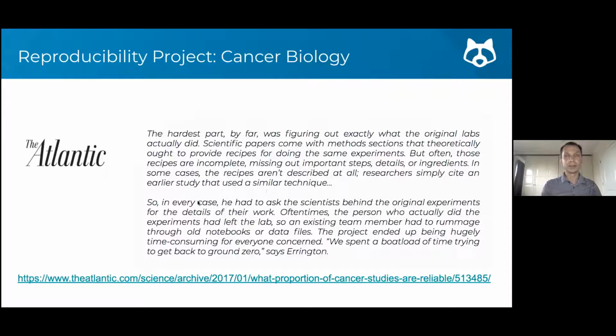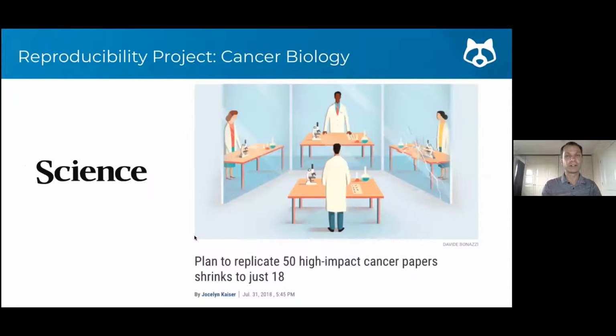So this is about the published papers that they're trying to reproduce. And then it continues. So in every case, he, meaning the lead of the study, had to ask the scientists behind the original experiments for the details of their work. Oftentimes, the person who actually did the experiments had left the lab, so an existing team member had to rummage through old notebooks or data files. The project ended up being hugely time-consuming for everyone concerned.